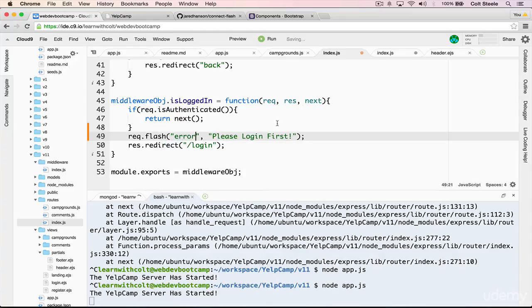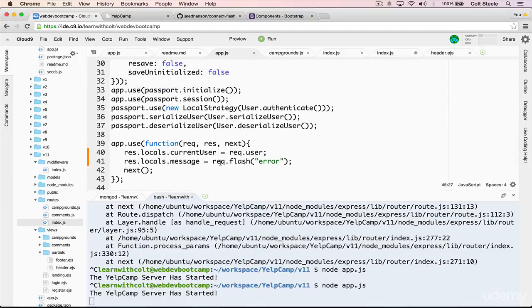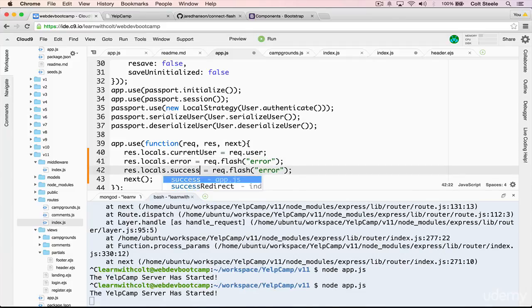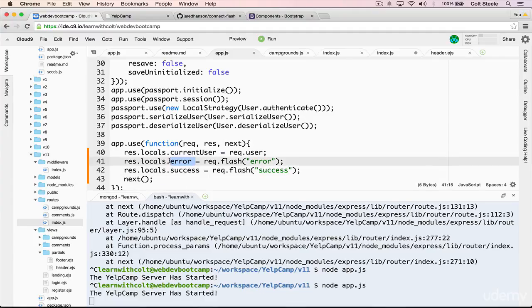and success. Then what we need to do is inside of our app.js, where we're passing this data through right here, we'll actually have two different variables. So one for error, and I'll call this res.locals.error, and then we'll have another one for success. Just like that. So now we have two different pieces of data in our template. Both of them will be empty most of the time. Usually there's not something to display, but then if there is an error, inside of the error variable, we'll be able to access that. If we add anything to the flash under success, we'll access it in the success variable